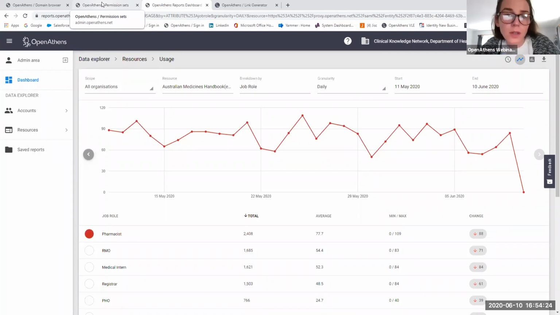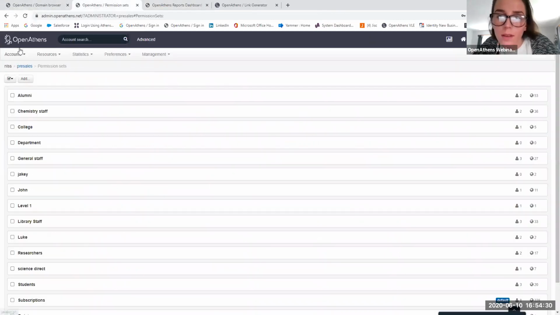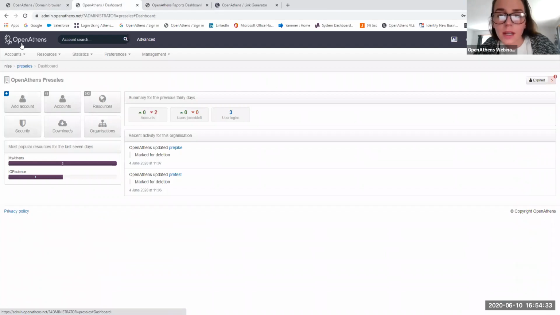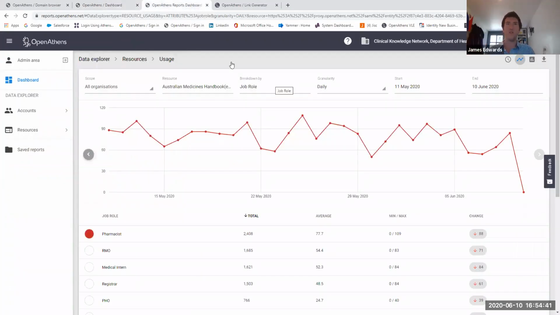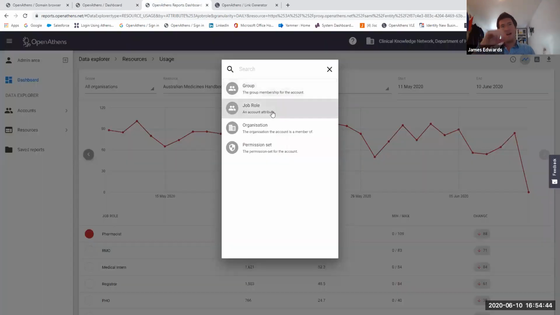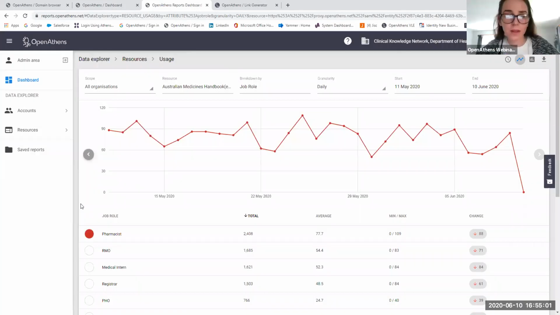We have one from Judith: if a user has more than one role, like faculty, librarian, administrator, does that usage get counted 3 times or just once per usage incident? So yes, you can break it down into the different breakdowns. You can have one group and then a group within that as well. Our CKN don't have that, so I can't demonstrate it, but I will happily send on some information. So you could have faculty and then maybe course within faculty, if you have those attributes on them.